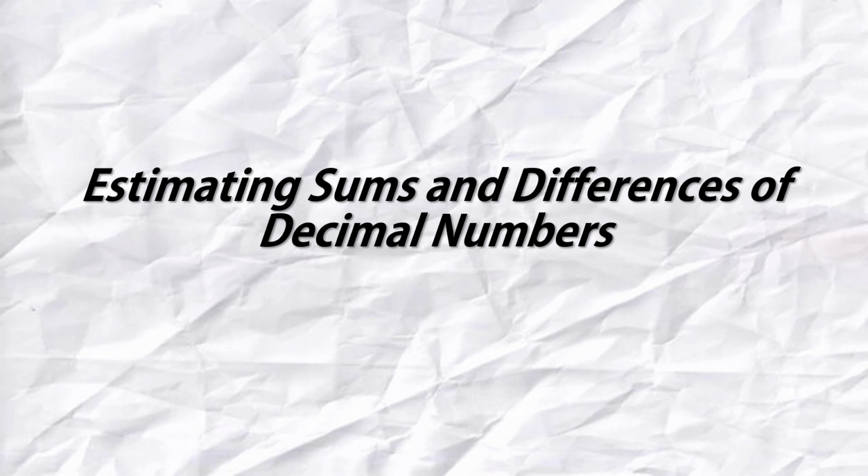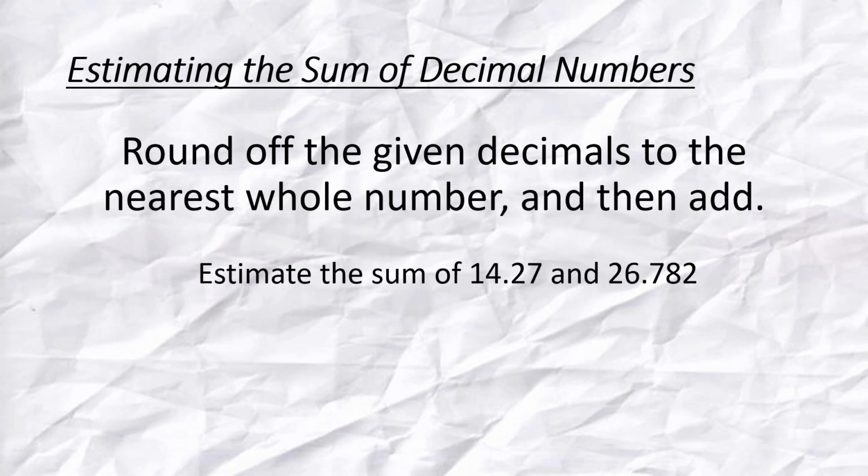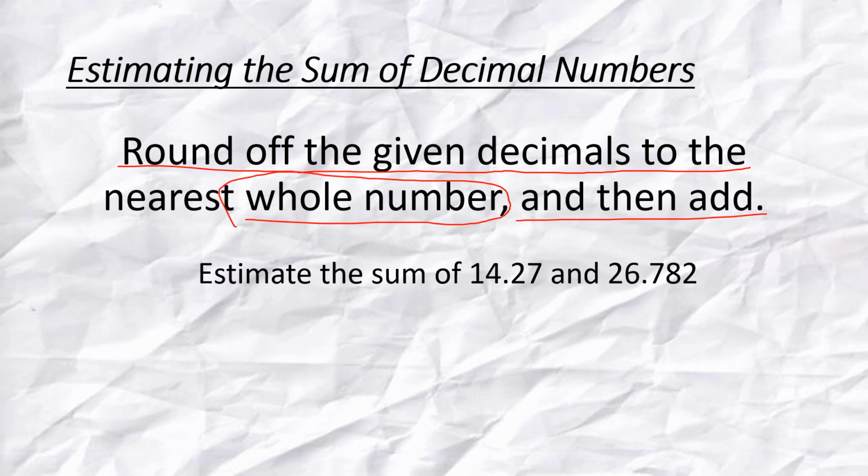Let's now have the estimating of sums and differences of decimal numbers. So let us first have the estimation of the sum of decimal numbers. To do this, we have to round off the given decimals to the nearest whole number, and then we add them. So as you can see here, we have the problem: estimate the sum of 14.27 and